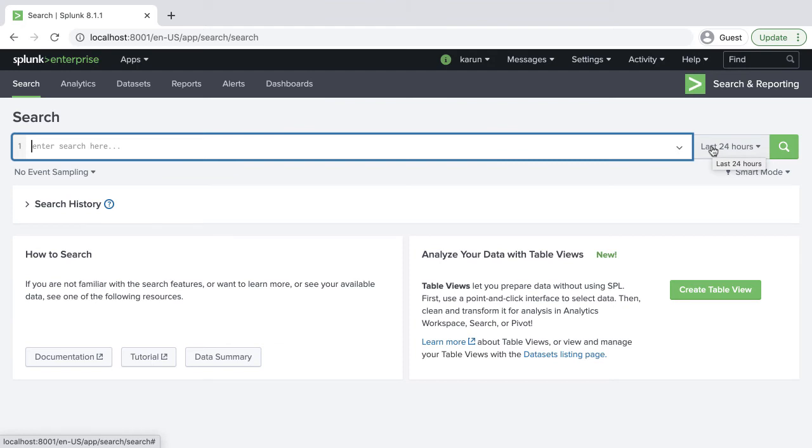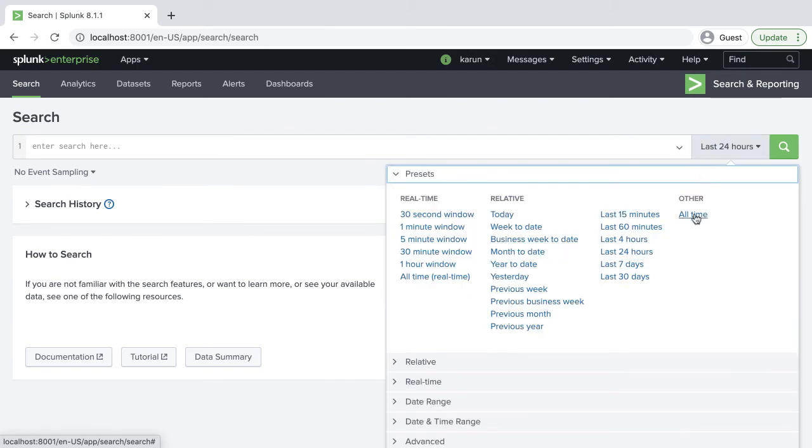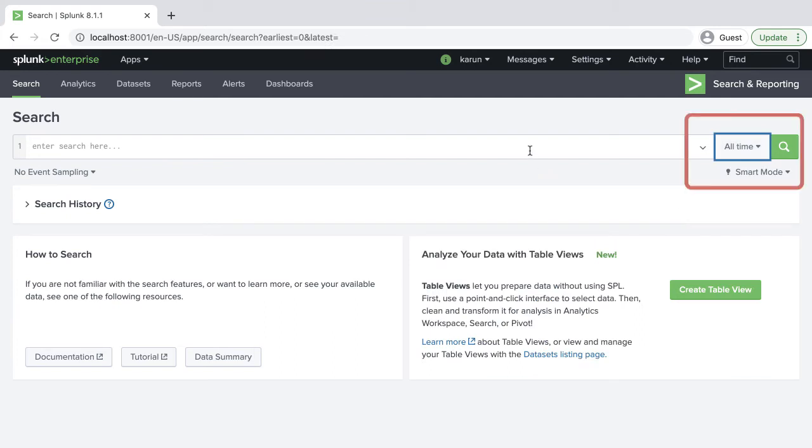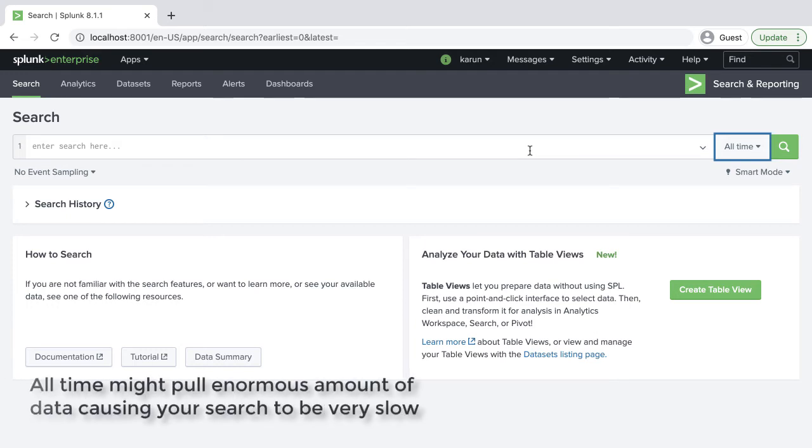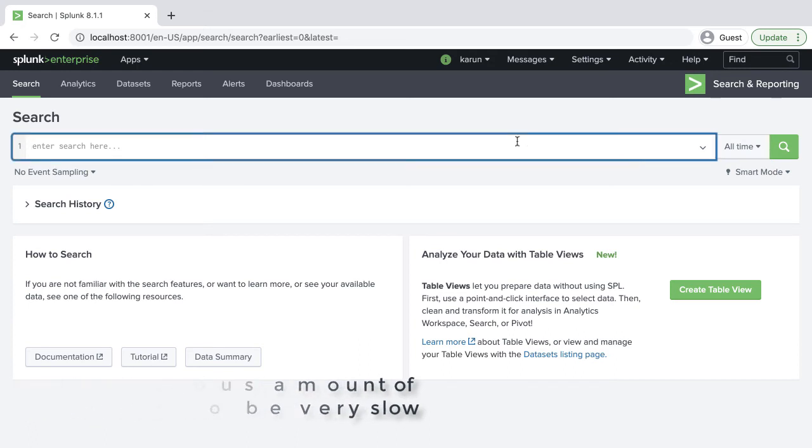I'm going to use the Splunk tutorial data for this example. Let's make sure you set the time to all time if you are using the Splunk tutorial data. But if you're not using Splunk tutorial data and you are using your own data in your environment, all time is actually not a good idea. Let me go ahead and start writing my query,